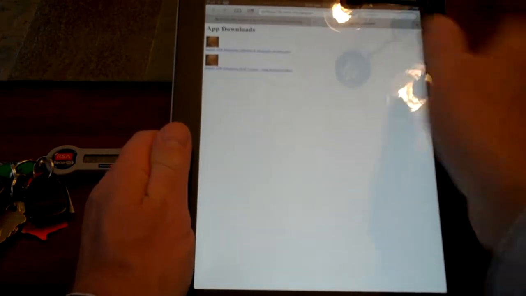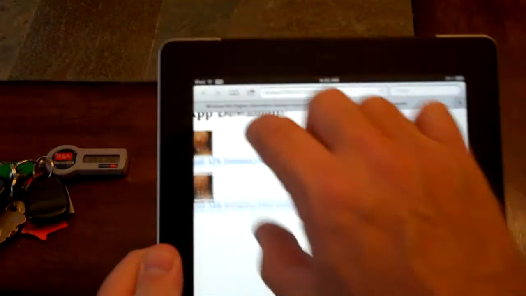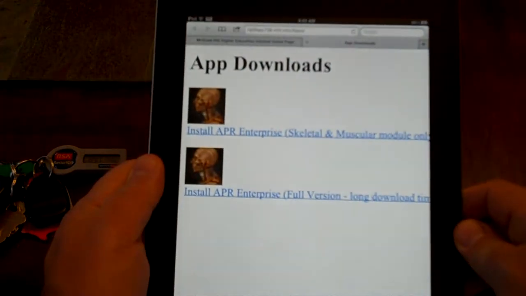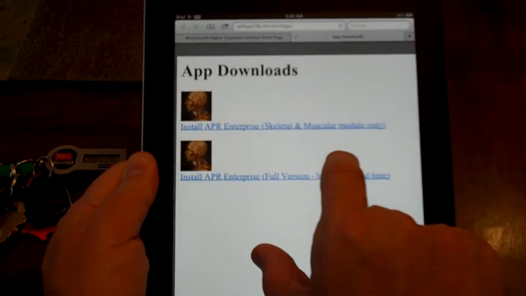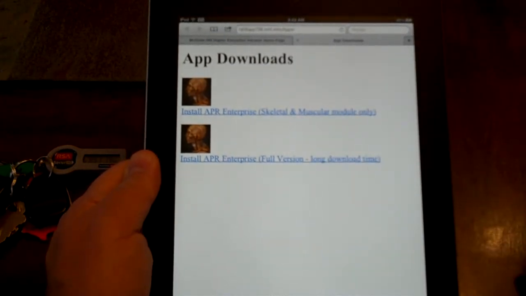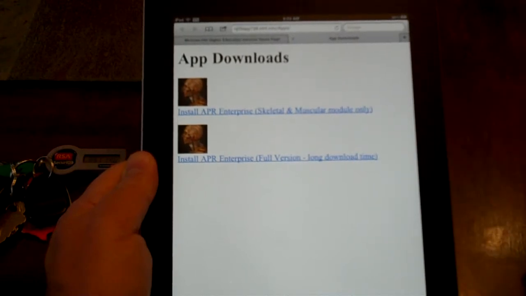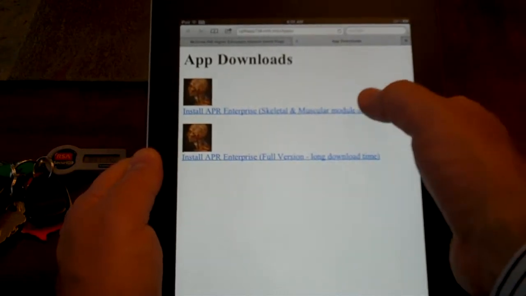And once I select iPad apps, now I'm on a page that has the selections that I can pick for loading the APR app onto my iPad. And the selection I want to make, for purposes of keeping it as brief as possible, I'm going to take the top one, which is skeletal and muscular module only. I'll click that,